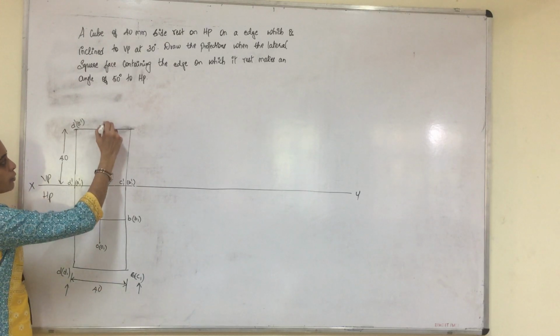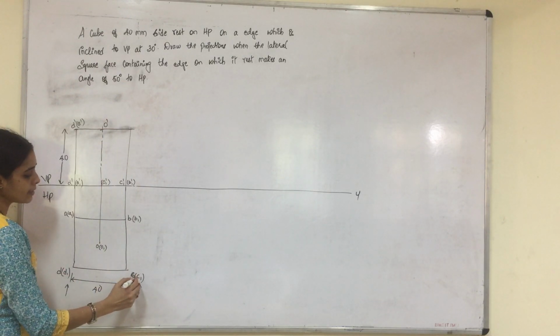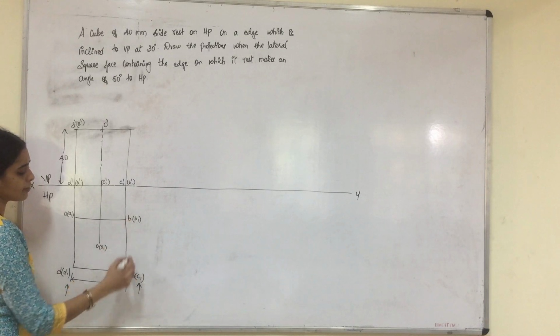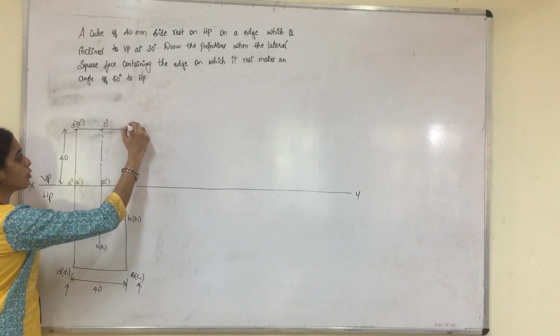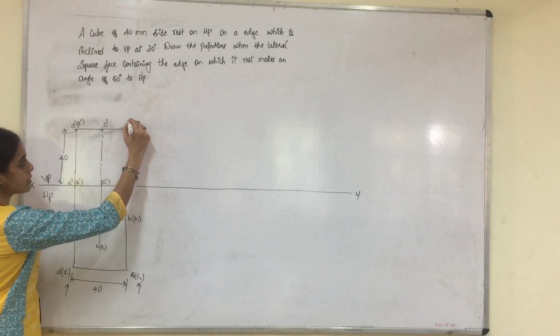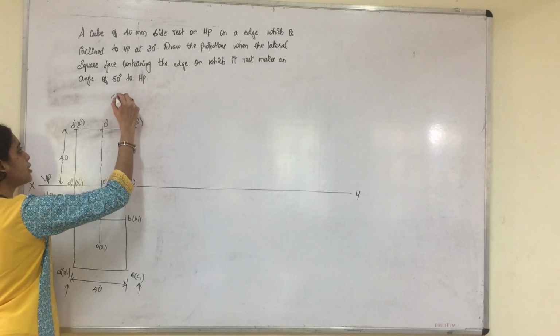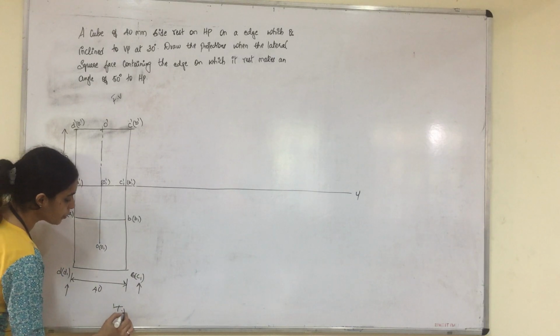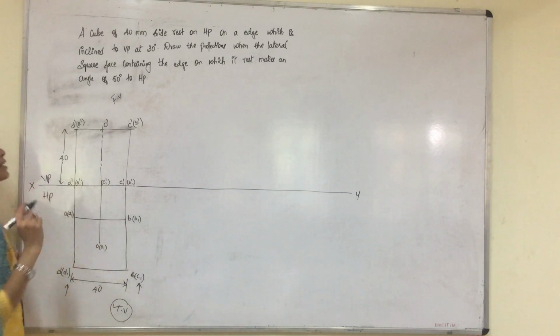The center you will write as O dash, which will be visible, and again C and B will be along the same line. When the observer views from down, C will be visible, B won't be visible. So you will write C dash outside the bracket and B dash within the bracket. So this will be the first stage front view and the top view of the given cube when it is resting on one of its edges.